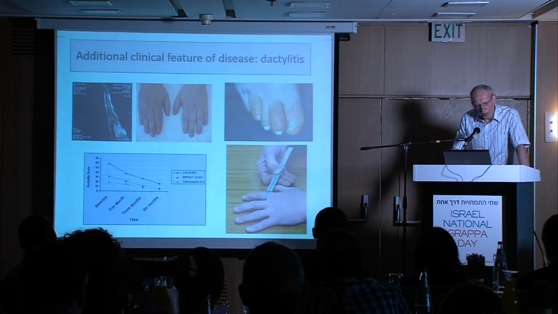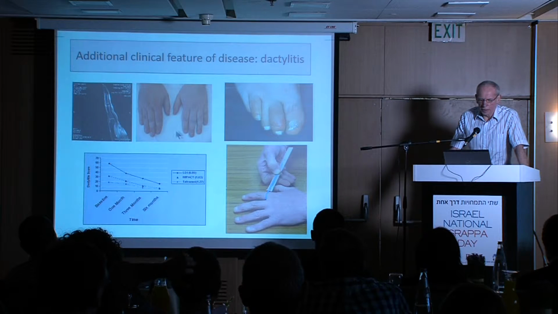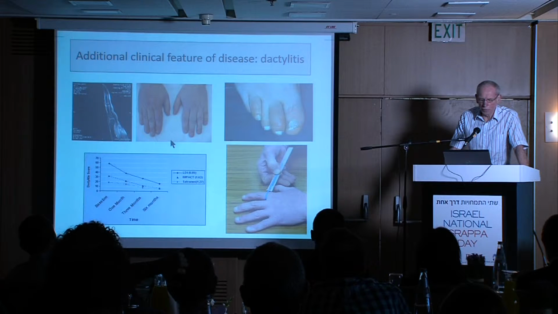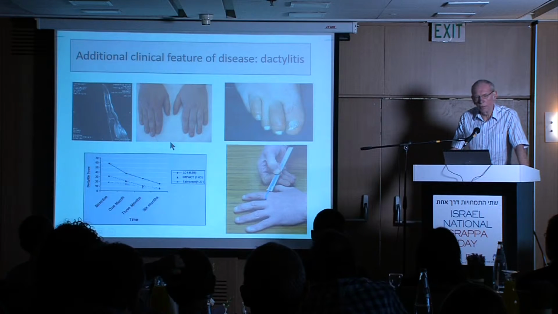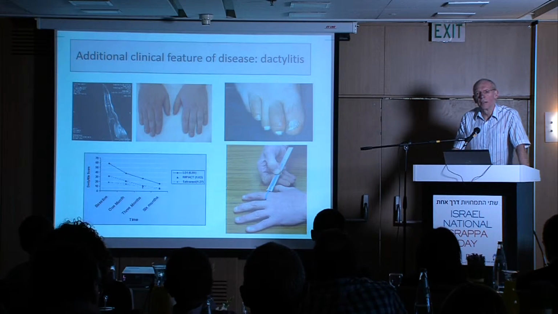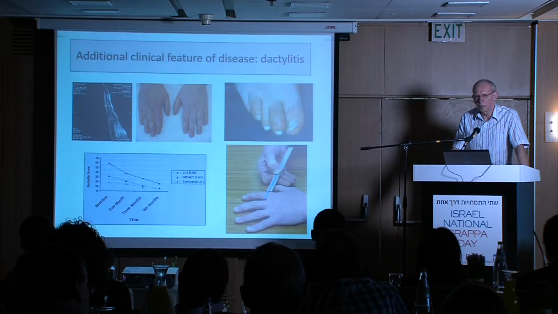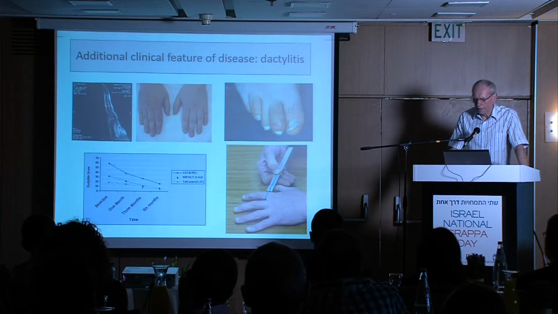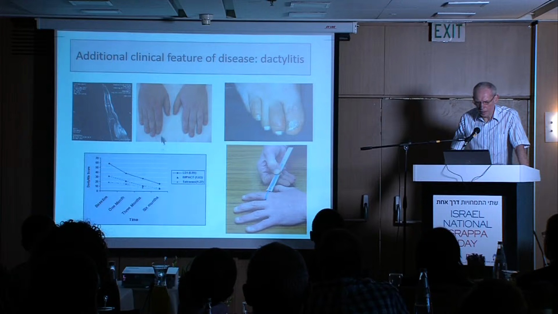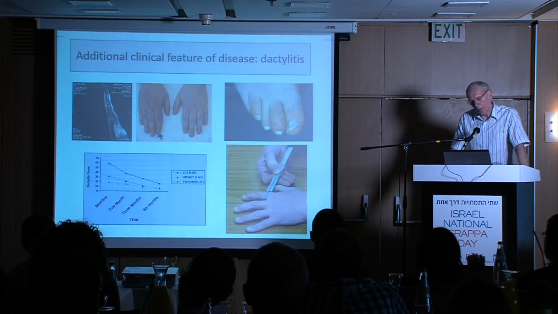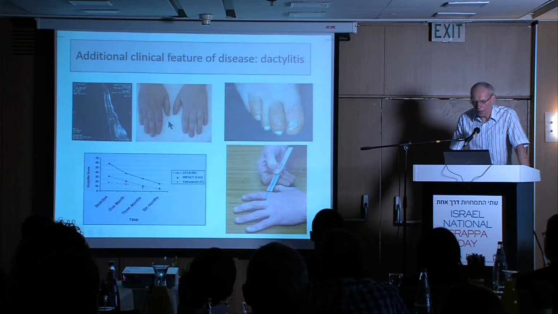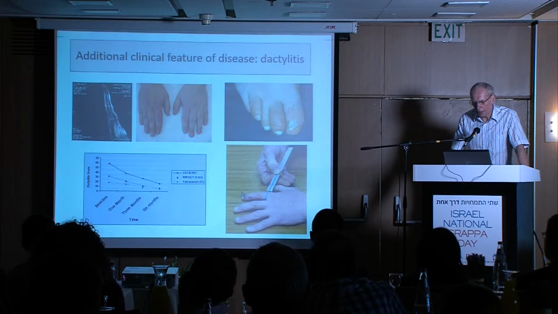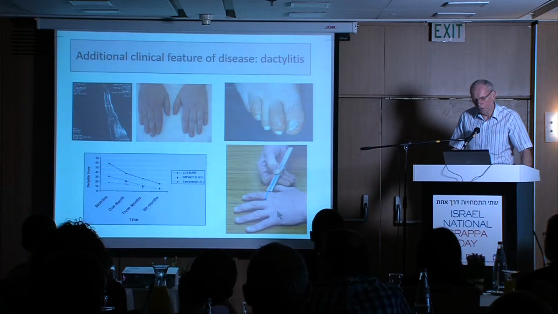The problem arises when there are subtle differences. And this was a patient in one of our reliability studies that over 50% of the rheumatologists missed. Do you spot the dactylitic digit there? Which one is it? Yeah, it's this one, but it's subtle, and this is where the Leeds dactylometer comes into its own, because it